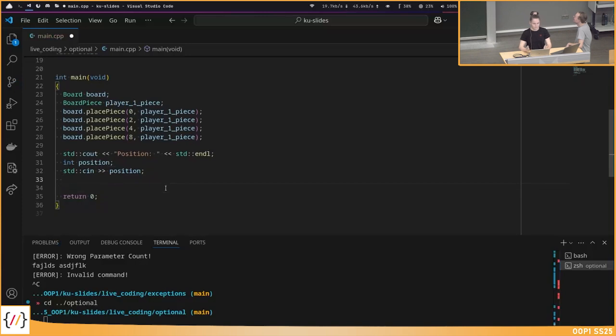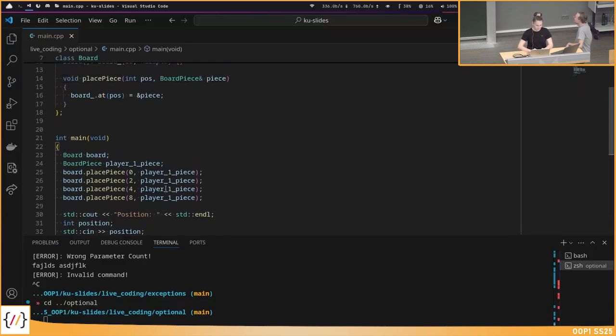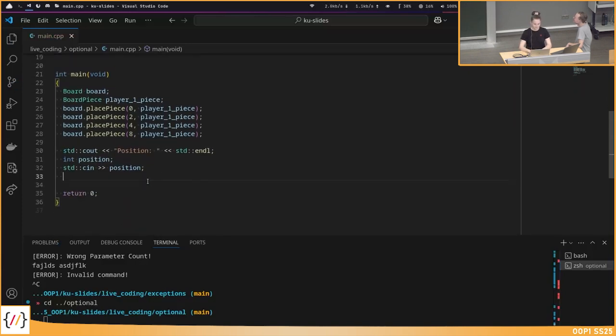And, well, somehow I need to get the piece now, so I want the piece at this position. And I want to somehow get this piece from my position on the board. But I also want to be able to get a reference to this piece.